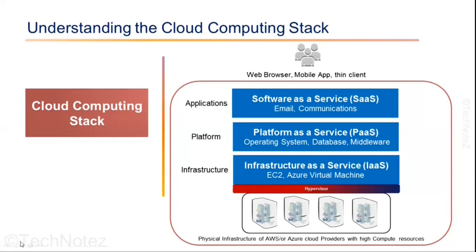So based on the level of control and management flexibility, you can select how you want to host your web application. Let's say you want full control of your web application, then you can go for infrastructure as a service. You can host your own EC2 instance or Azure virtual machine. That EC2 instance or Azure virtual machine will be in your full control, so you can easily create, delete, or scale it whenever you need. So that's basically infrastructure as a service. But if you want to use a pre-built platform and you don't want to manage the underlying EC2 or virtual machine, then you can host your application as a platform as a service model.